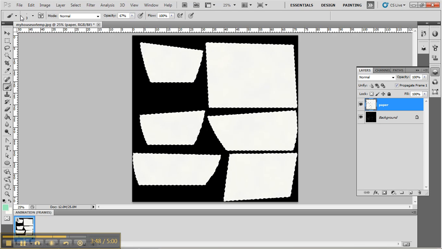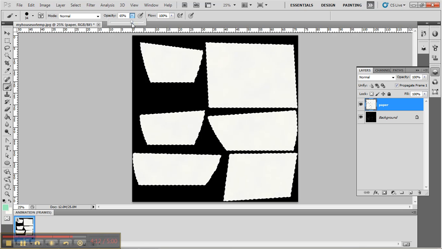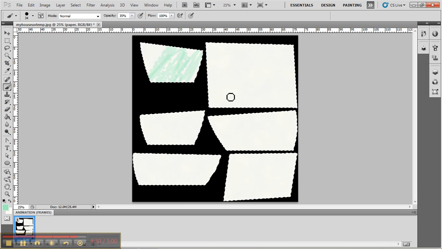And in the brush properties at the top, I want a brush that's about 30 or so pixels in diameter, maybe 40, it just depends, you can play around with it. You don't want it to be too big because you don't want the brush strokes to look too large. The hardness can be 100%, and I want to set the opacity of this brush down to around 30 or 40% so that I can start to create a build-up of colour. And so you can see that as I paint